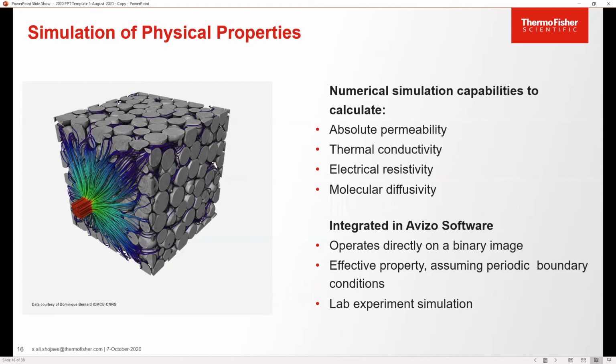Specifically, you can get permeability, conductivity, resistivity, and diffusivity. It works directly on a binary image. That's the only input that you need. Obviously, you can control the conditions for the simulation, but the input would be just the image. And then the results can also be visualized in multiple ways. Before I show an example, I'm going to talk about